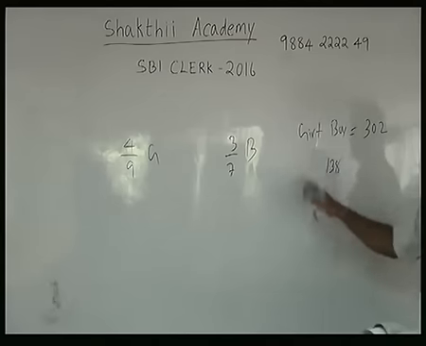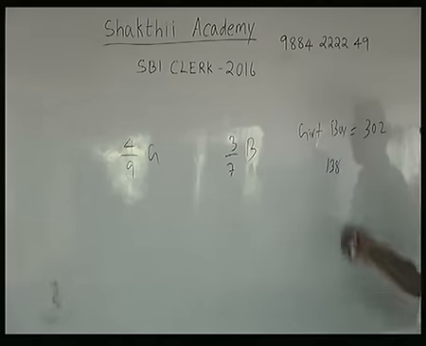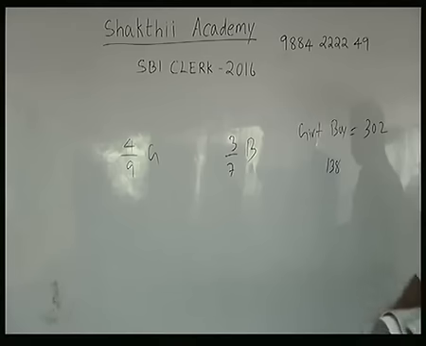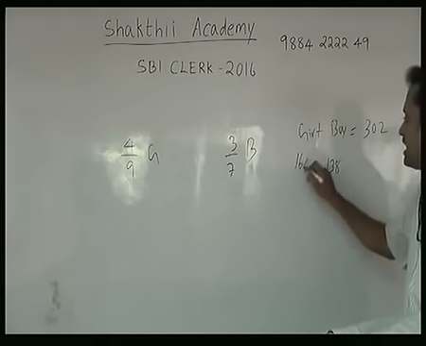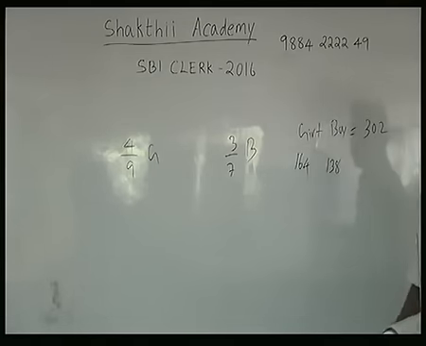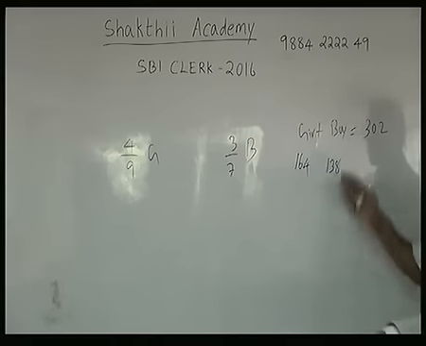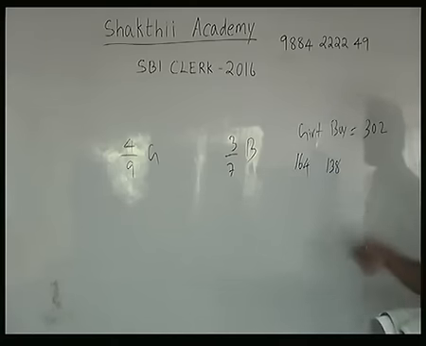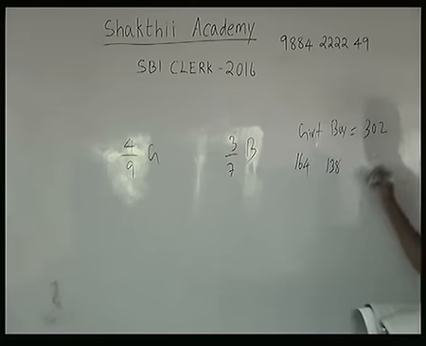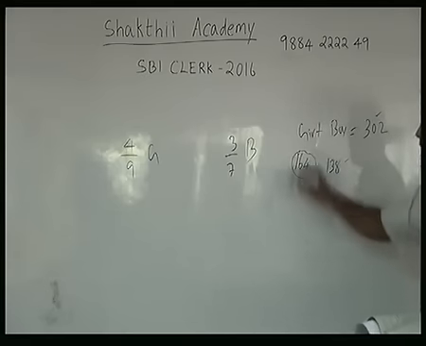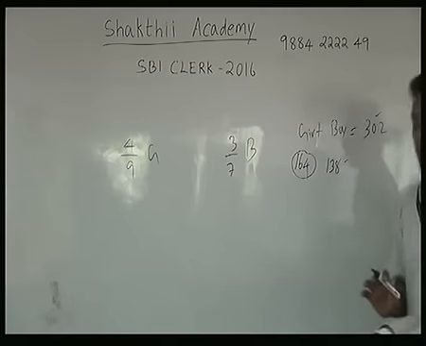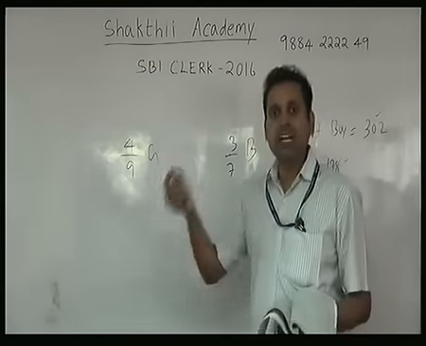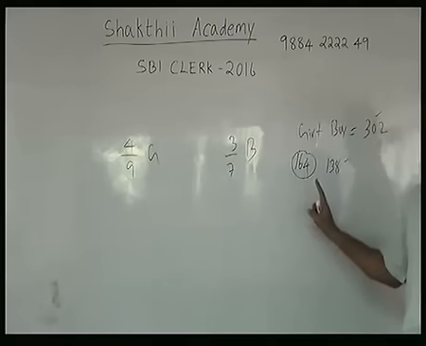Now, what is the number of girls participating? I need to calculate. I need to take the difference, or not? You have to minus 138. When you take the difference of 302 and 138, what is the difference? 164. So the number of girls participating is nothing but 164. Number of boys participating is given in the question itself, 138, and total students participating is given in the question itself, 302. So using these two pieces of information, I am finding the number of girls. So now I know 4/9 of the girls participating is equal to 164.